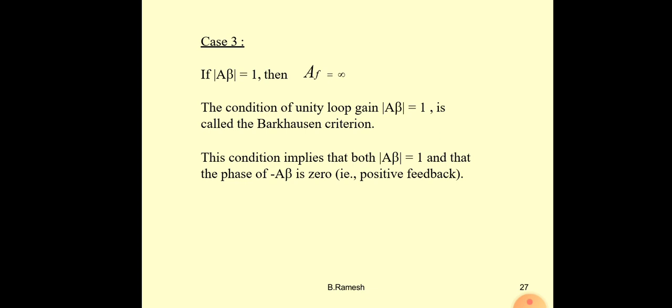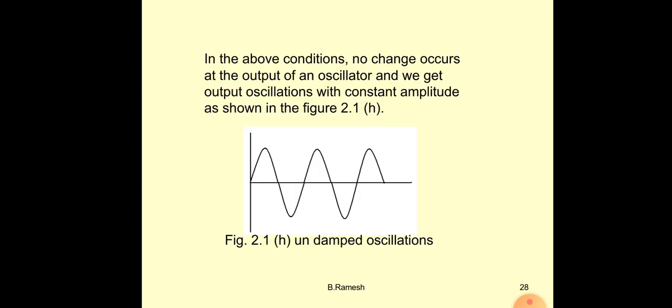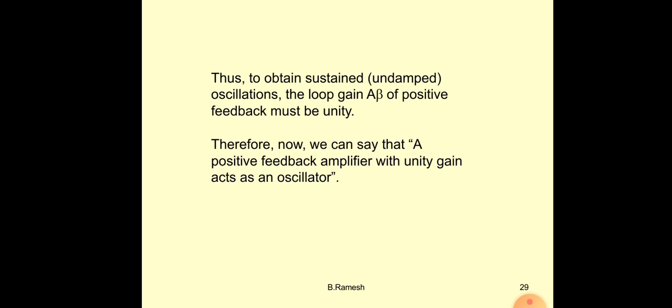So if you want to produce the sustained sine signal, that circuit must satisfy two conditions. Those are called the Barkhausen conditions or Barkhausen criteria. Barkhausen is a scientist. He invented the ideal oscillator. A sinusoidal oscillator must satisfy two conditions: loop gain must be 1 and phase shift 0 or 360 degrees to produce the undamped signal.